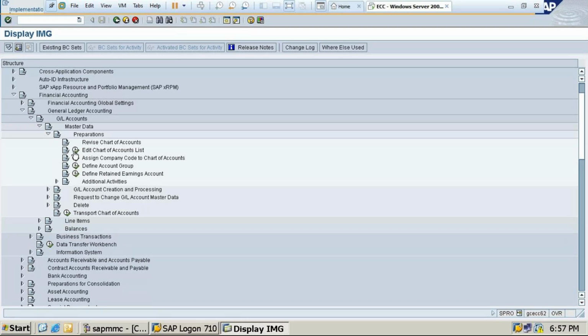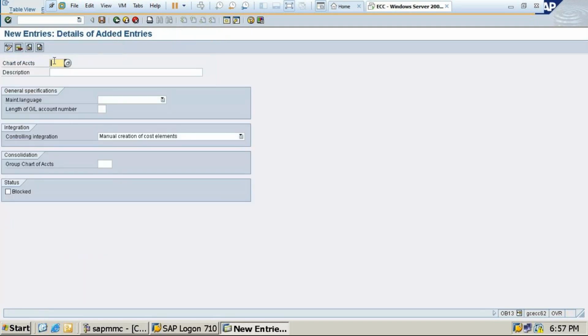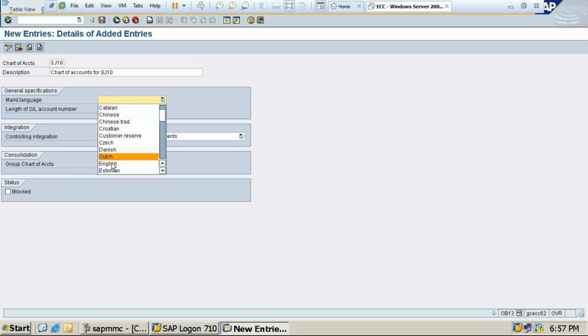So here we have to click on new entries. SJ10. Description is chart of accounts for SJ10. Okay. So maintain language is English. You have to choose English. GL account number length is 6. Yesterday I told you why I'm selecting 6. Okay. After this, nothing you have to change.